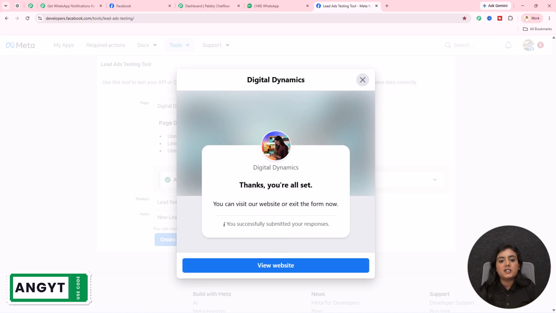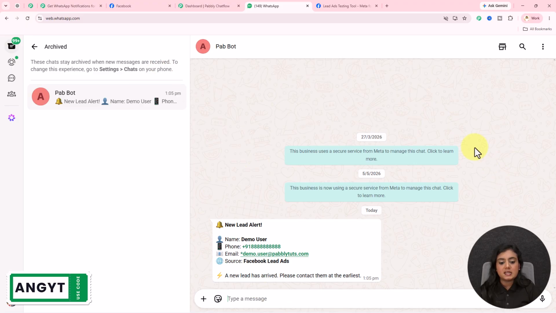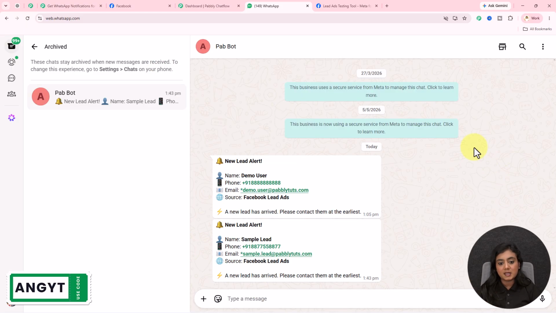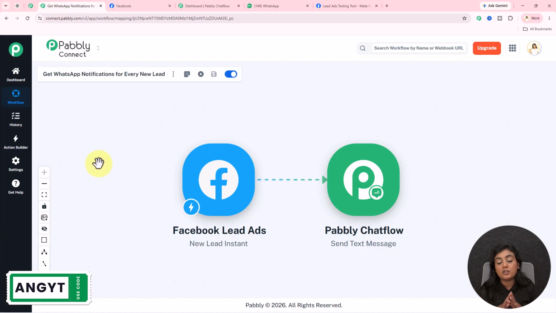As a new lead is generated in my business, instantly you will see an automated message on my WhatsApp is going to be forwarded. New lead alert, name sample lead. This was the same phone number. Email address is sample.lead@pabblytudes.com and the source is Facebook lead ads. So now as I've received this notification instantly, this is how this amazing setup is actually going to work for